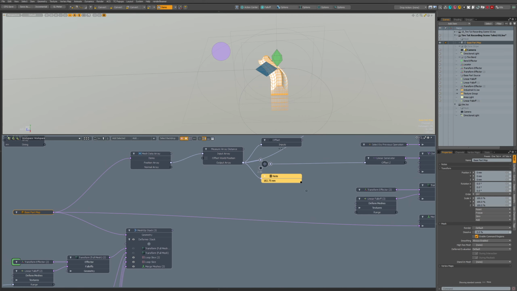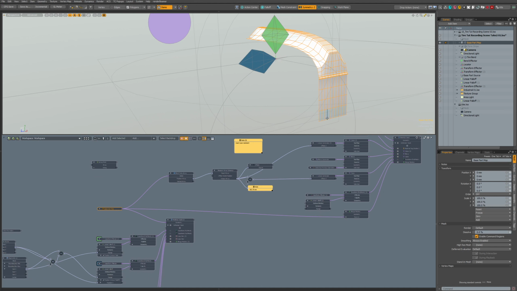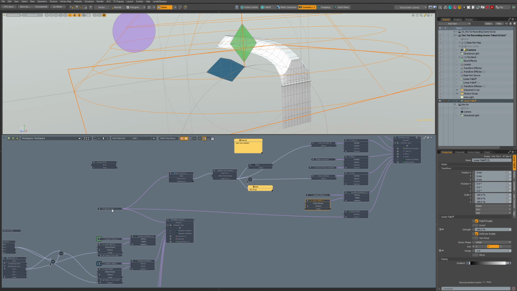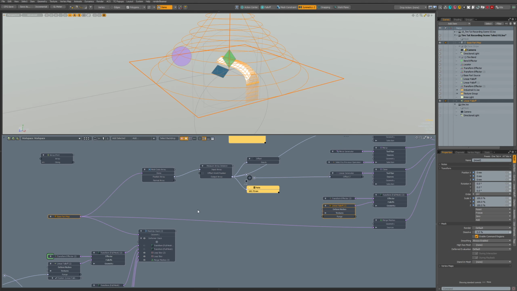This is the deformed part, and this is the low part. We need bounding box y minimum and y size. So then we have this fall off in right place and right size.